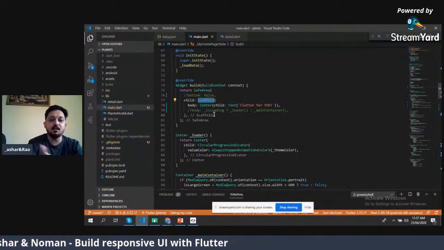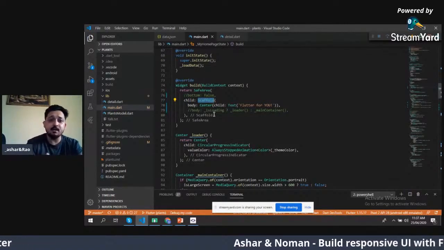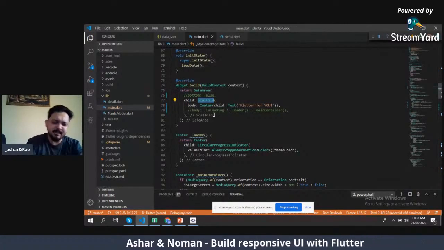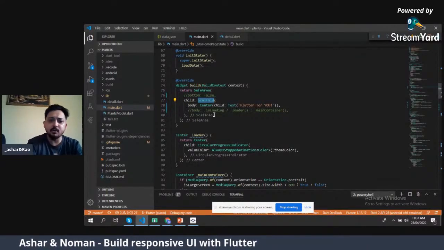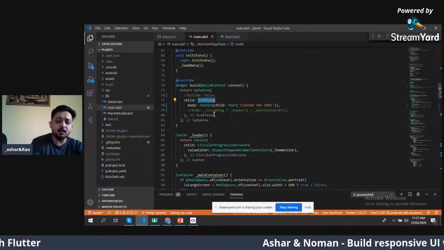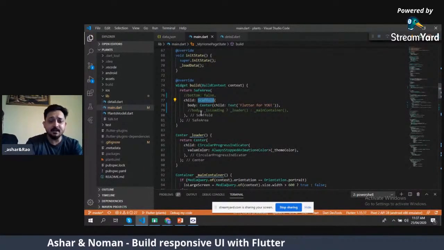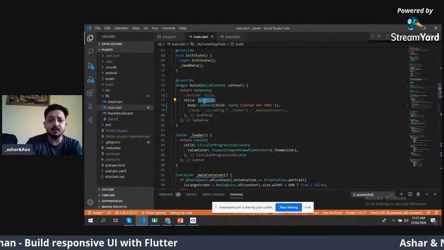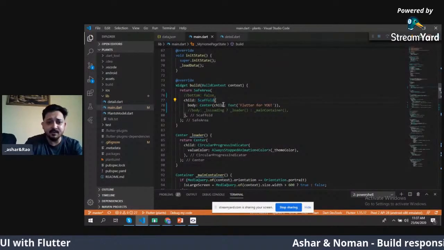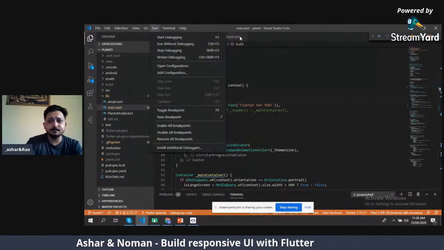Like in a basic UI, I need to create an app bar and a body, or maybe a need for a bottom app bar or a bottom sheet. So we use Scaffold. Basically, this is the main part of the widgets class in Flutter. So once I run it,